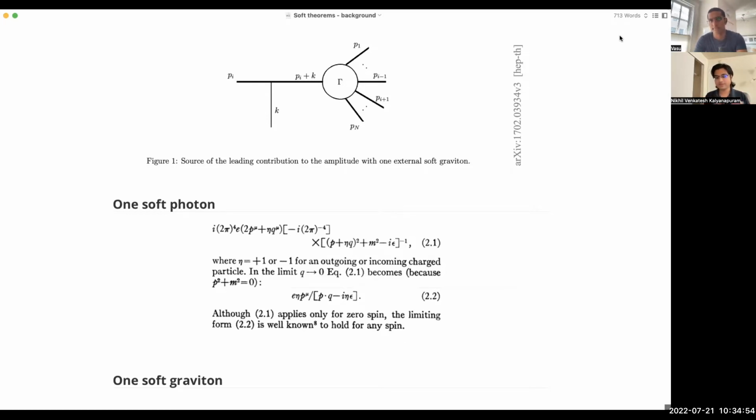Now, P dot Q as a result is the only Lorentz invariant piece that could exist, because the only other Lorentz invariant objects are Q square, which is 0, and P square minus M square, which is 0. Or in this case, in this sign convention, P square plus M square. So the soft factor at leading order is fixed entirely by unitarity. And that actually goes a long way towards